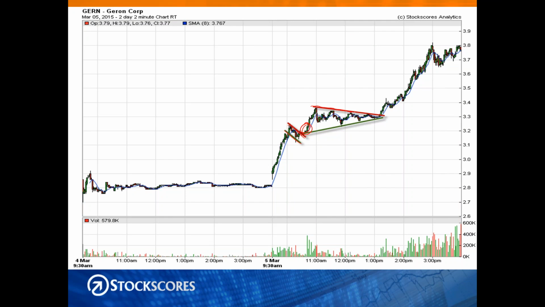Here is a pennant, falling tops, rising bottoms, but the trend into the pennant was up, which makes this an optimistic pennant. If the trend into the pennant is down, then that's a pessimistic pennant. What you want to see, though, is the break from the low volatility, which happened right there. That is your pattern break, your buy signal.